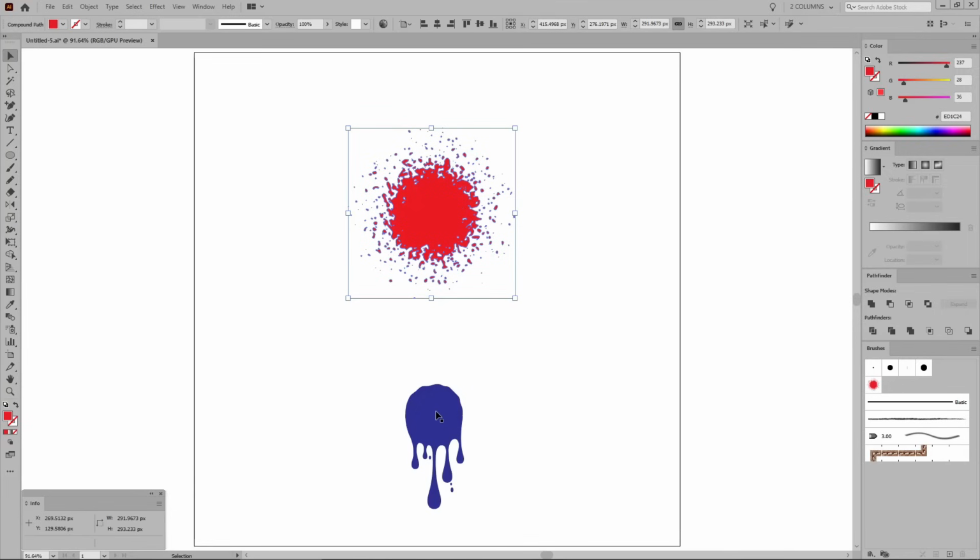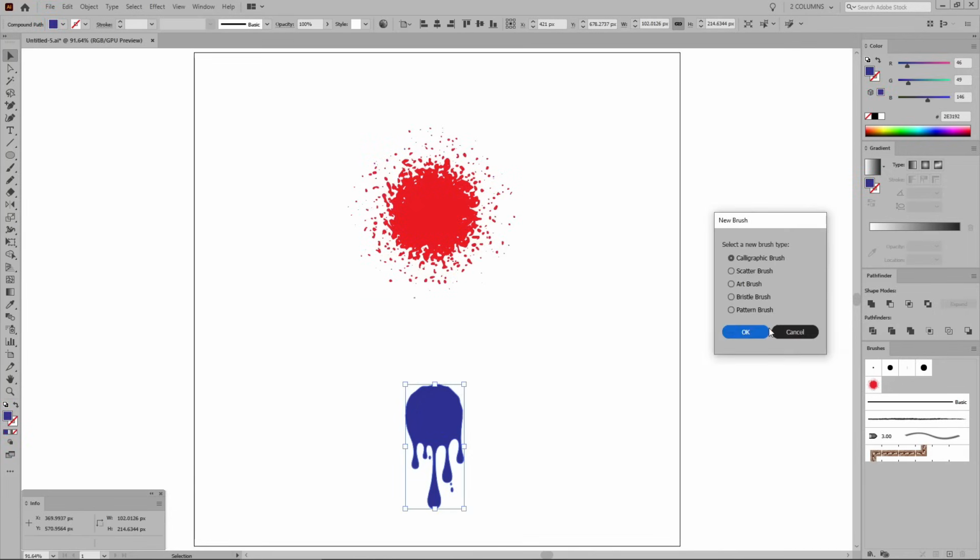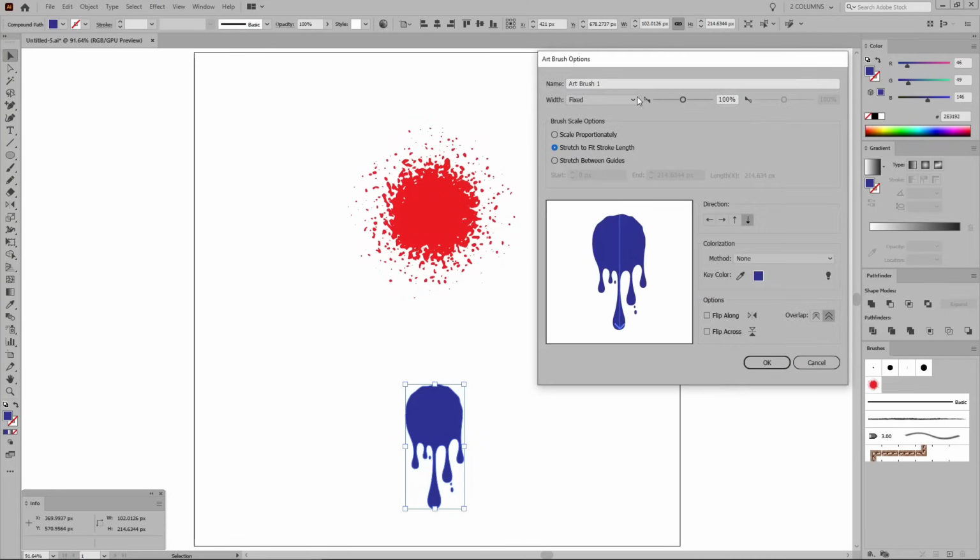Select this blue compound path, click again this new brush button from the brushes panel, and this time check this art brush box. Click OK. Again, you can pick a name for your brush. Let's keep these settings as they are, and then check this stretch between guides box. Now all you have to do is move this top guide where the drips of your brush start. Basically, with these guides, you're defining the part of the brush that will stretch when you are using it. Make sure that the rest of the settings are set as you can see, and then click OK to save